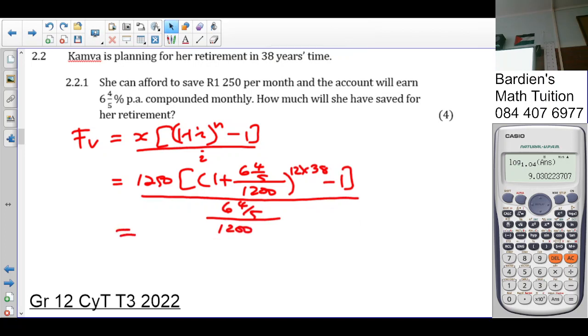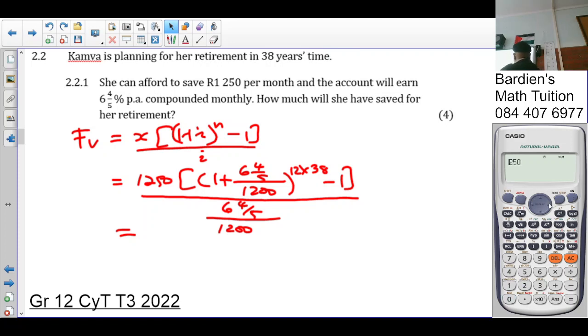Okay? What I'm going to do is put 6 as a mixed fraction. Remember, first shift and then that's 6 and 4/5, divided by 100. Some of you, as I said, wrote 0,068. But now I'm going to use it as this. Okay? So it's going to be simply